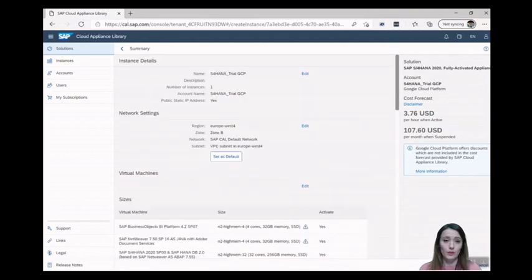So here you can see the costs. Remember that these costs are the cost of the cloud provider. So in this case, Google Cloud Platform. And you can see them in the SAP website because they did an interface and they connected both systems. And then you are seeing here a simulation, but SAP is not the one charging you for this. If I disappear again, you will see the button Create.